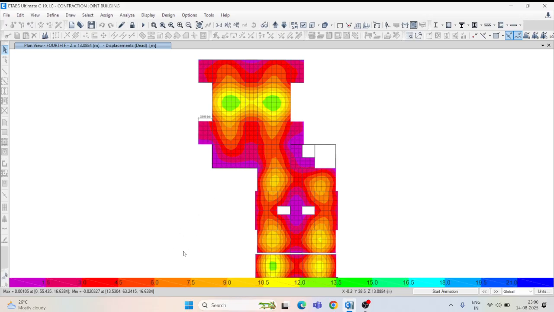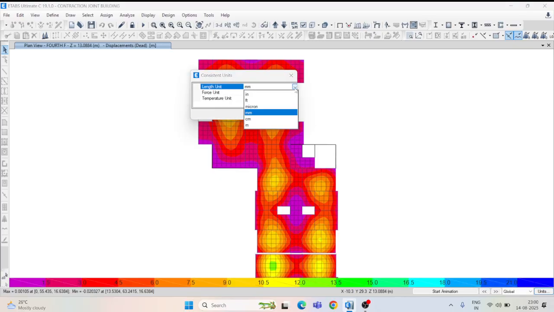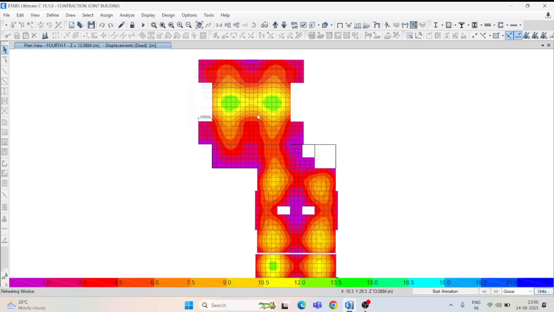You can see that here deflection is in meters. So just click here and go for mm. Now you can see the overall deflection is how much? 20.32 mm. Where is it?